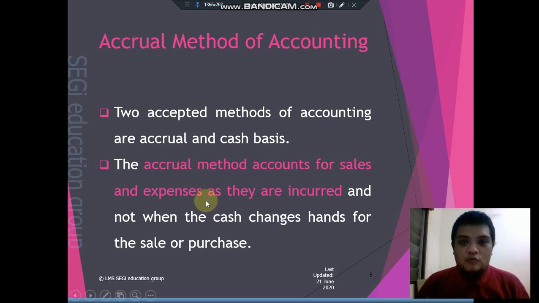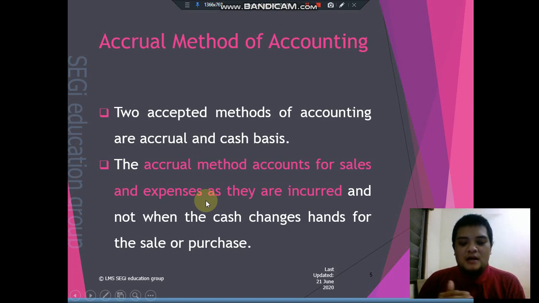For example, I give you one example. Guys, when you purchase your stocks, you will not put the purchase cost as your today's cost. When you buy the stocks and you put in the store, it becomes your asset, not your cost. When you use in the kitchen to produce sales, then it becomes cost of sale, which is cost of operation. When you put in the store, after you have purchased the food, we consider this as your current asset, which is stocks. So the proper way of recording cost and sales is using accrual method.